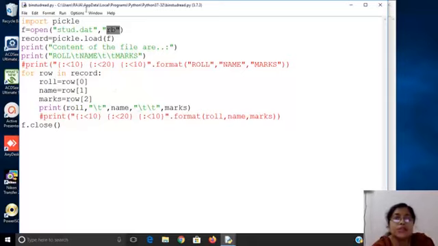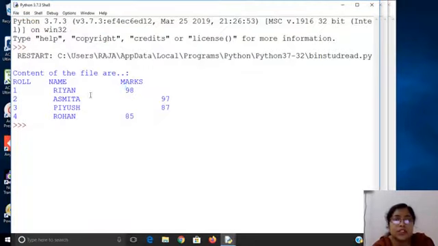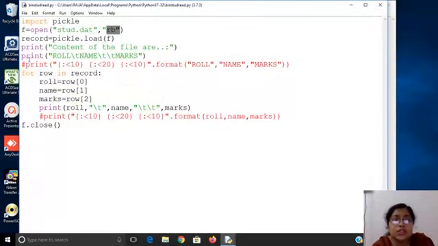Let's see what the output is. See, the output is like this, but the output is not well ordered, right? If it looks like a tabular format, then it will be better. So we can do this using this format.